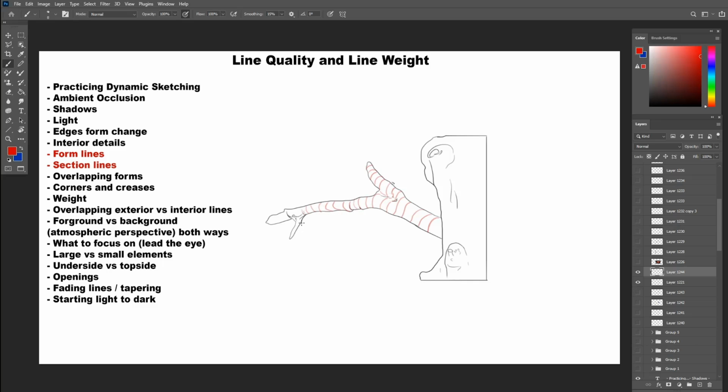Now if you want to add section lines, we will have to do it very lightly, all the way around the branch to show the shape of it, as if we cut it out. Now we won't use section lines as much, but we might use form lines to describe the object we draw in most cases, but both will be done very lightly.